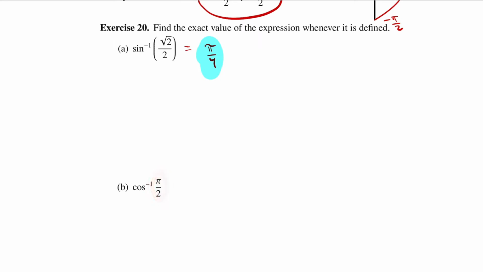All right, for this one, this is sort of a trick question because it appears that that's an angle, but that's not really an angle. We're looking for the angle that has a cosine value of pi over 2. However, what is pi over 2? Well, pi over 2 is approximately